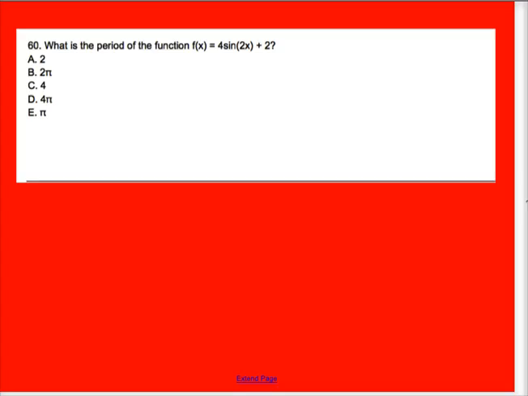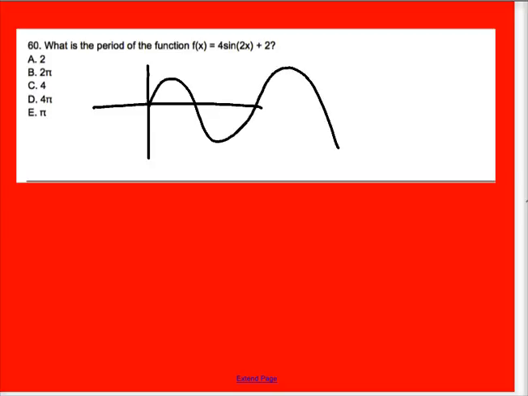And our last problem. What is the period of the function f of x is 4 sine of 2x plus 2? All right, so the period of these functions. So if you recall, the sine function starts in the center and it cycles like that. And it completes a cycle every 2 pi. So the period of this function, how long it takes to complete a cycle, is a full 2 pi. That's for a normal sine